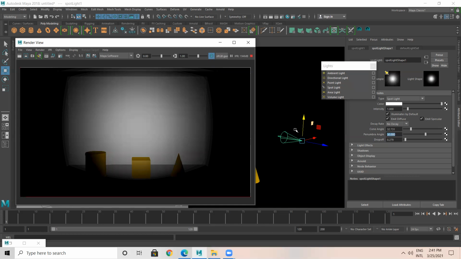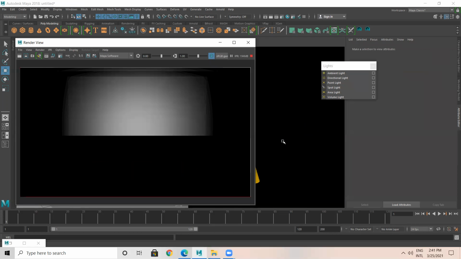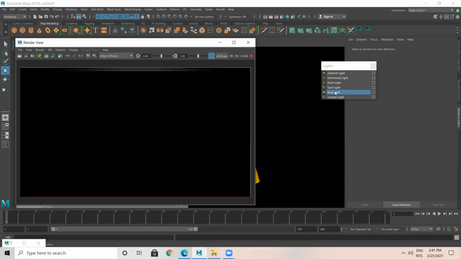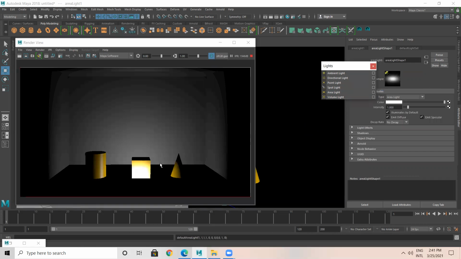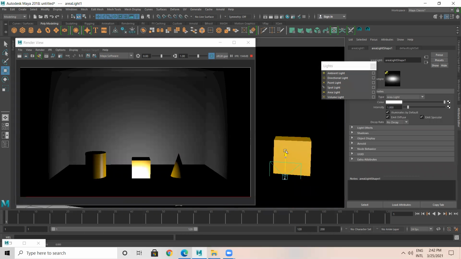Spotlight is used especially for interiors or 3-point lighting. Key light, fill light, rim light, right? For that purpose, use a spotlight. Anyhow, if you have an interior model, you can try using the spotlight, point light, and direction light. So I'll remove the spotlight now. I'm going to use the area light. Area light is one of the best for interiors. I'll show you how an area light looks, so I'm going to take this up.